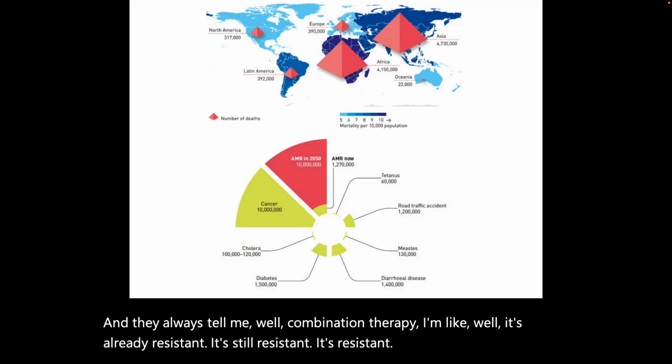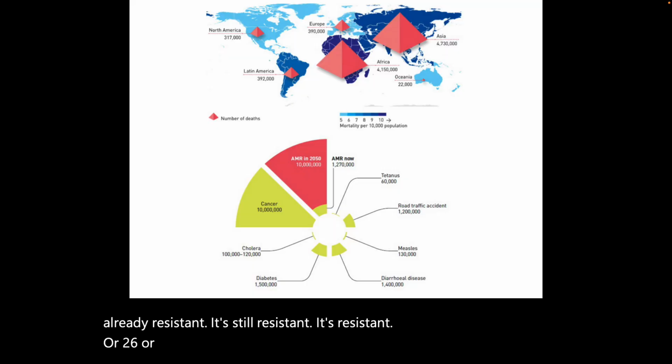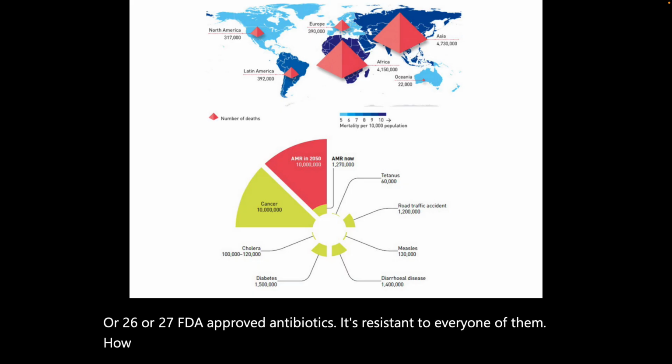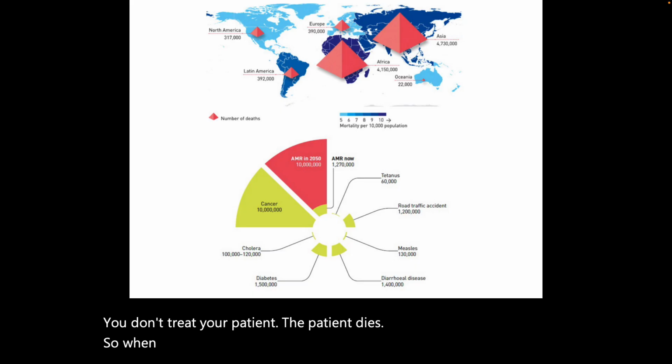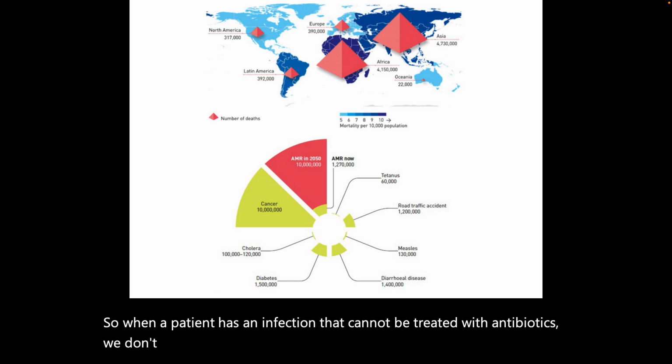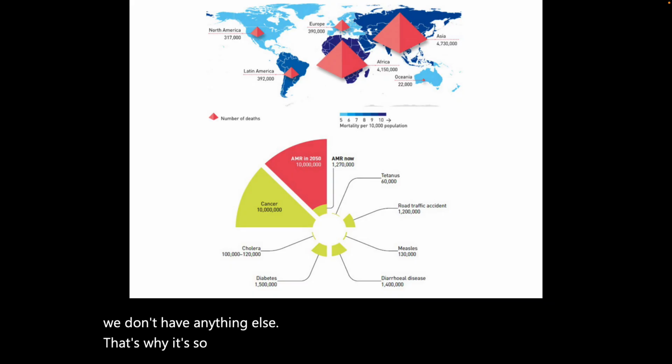There are 26 or 27 FDA-approved antibiotics. It's resistant to every one of them. How do you treat your patient? What happened to that patient? You don't treat your patient. The patient dies. So when a patient has an infection that cannot be treated with antibiotics, we don't have anything else. That's why it's so critical for any of you planning to go into healthcare to be really cognizant of